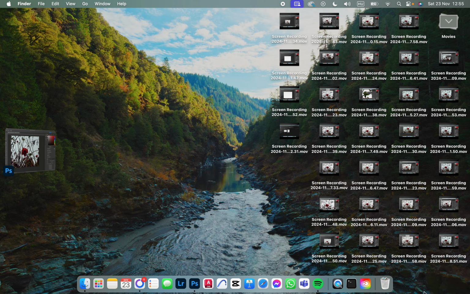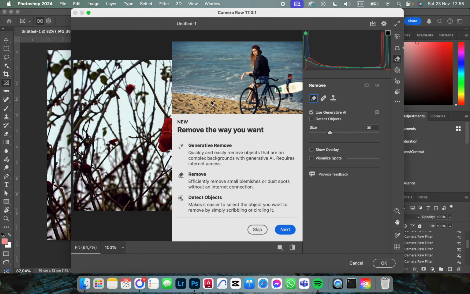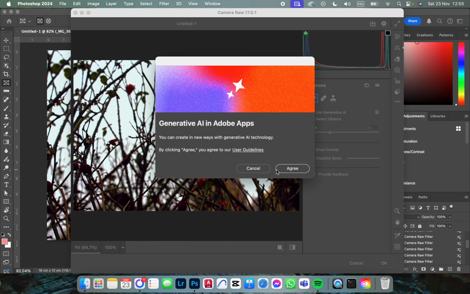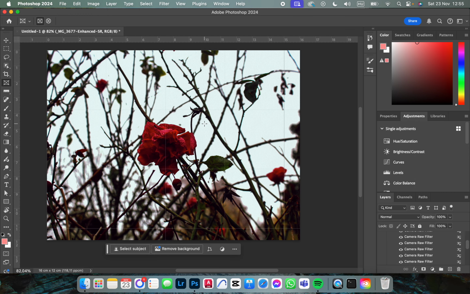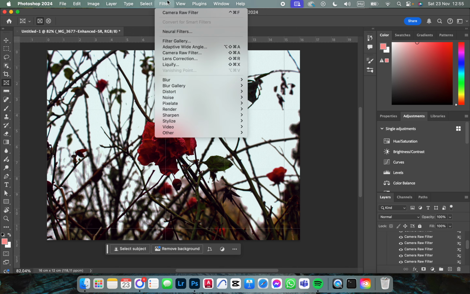I'm going to show you how to use the remove tool in the Photoshop app. First we have to open up the app, and here it opens up just a moment, like this. From here we just go into the top row, click on filter, then we click on camera raw